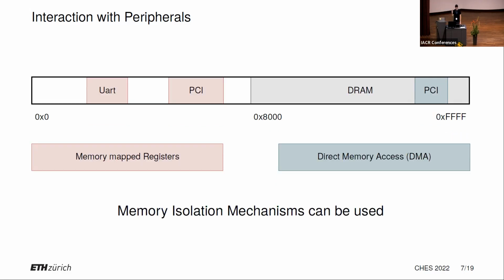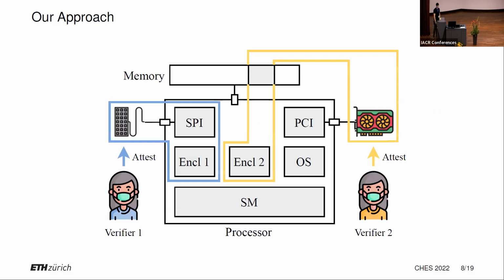Now, I'm going to tell you, this is cool because we have addresses and you can use memory isolation mechanisms. Let's hope this fault injection attack we heard before doesn't work for now. But yeah, I'm going to tell you PMPs are great. Don't disregard all of the fault injection attacks. Good. So now, to simplify this a lot, what we want, we have these, we call them enclaves in this